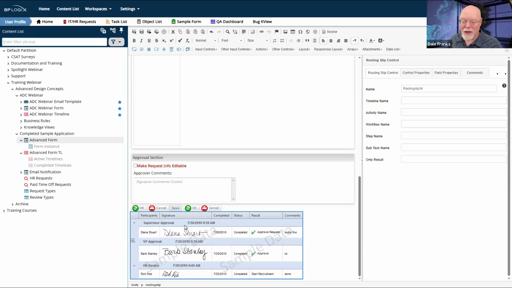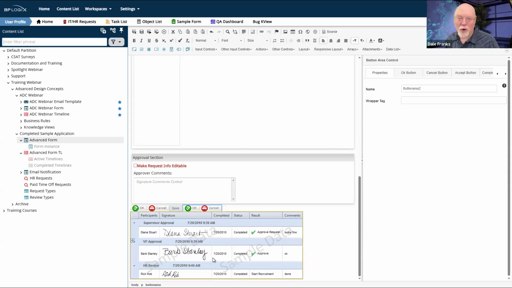Our further recommendation is that you place some button area controls on the form so that you can control where the result buttons appear, and thus not force your users to scroll through the routing slip, especially if it's a very long routing slip, just to get to the buttons at the bottom of the form.